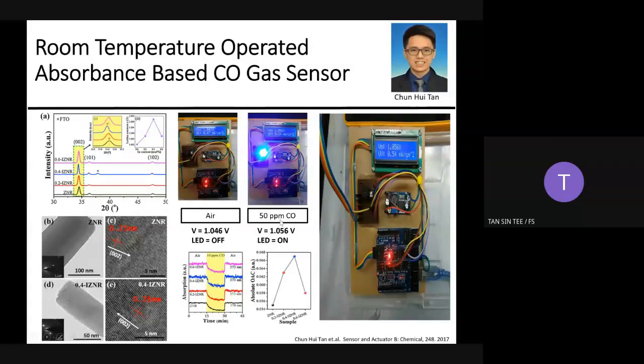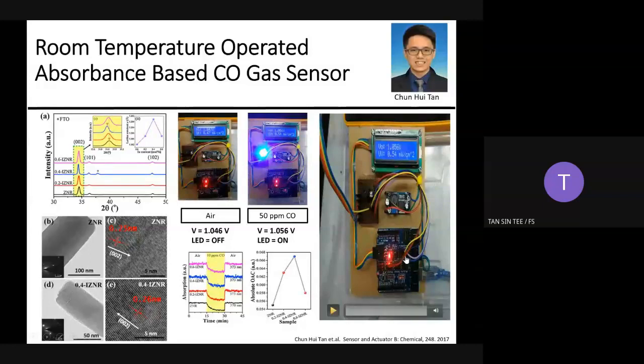So it might come across your mind why we want to set only 50 ppm of CO gas. This is because, according to OSHA, 50 ppm is the minimum level of CO gas that can kill a human, a silent killer, because CO is odorless, meaning you cannot smell it and you cannot detect it. So that is the reason we came out with the prototype.